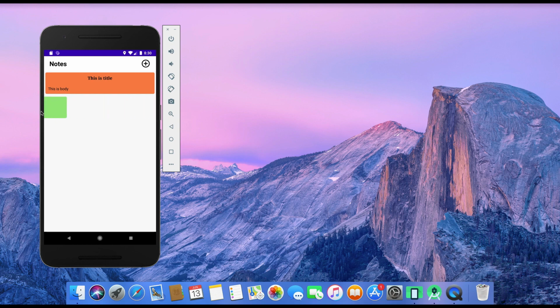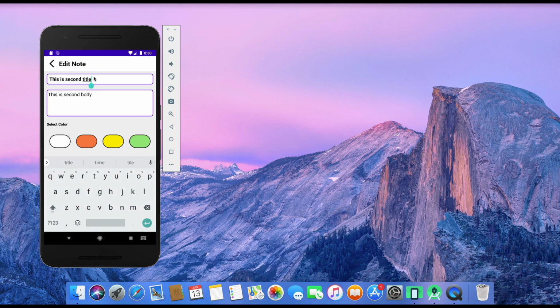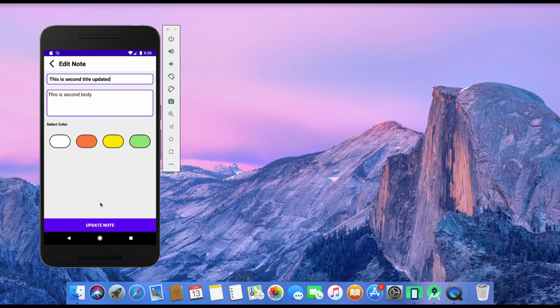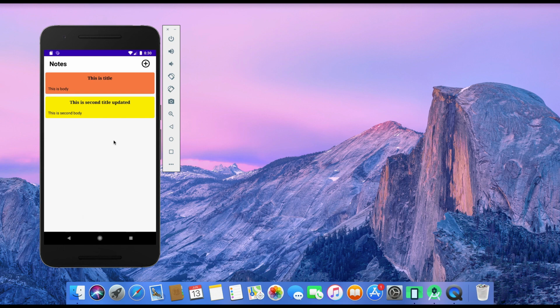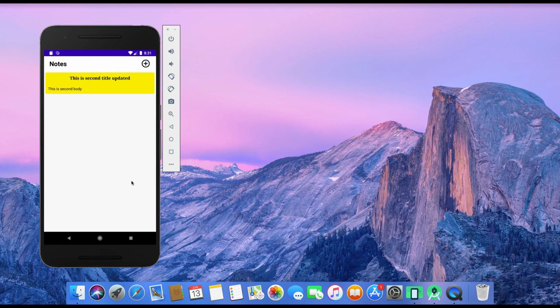Now it should work. If we swipe left, let's say title updated and set it to yellow color. Note updated. If we delete the first one, alright, it's working. Alright, now if you want to animate